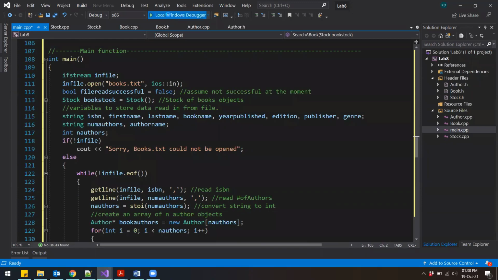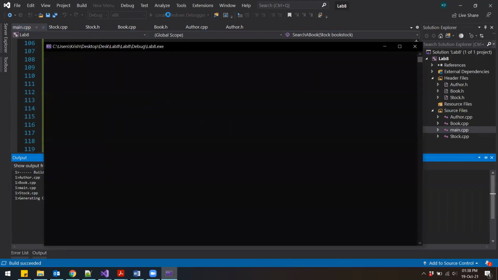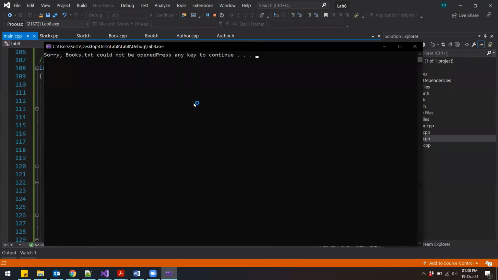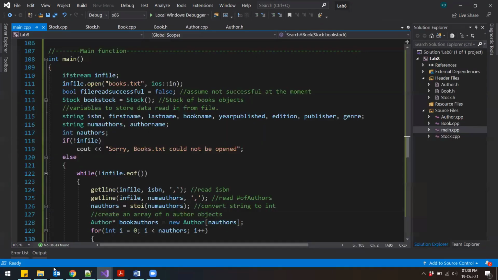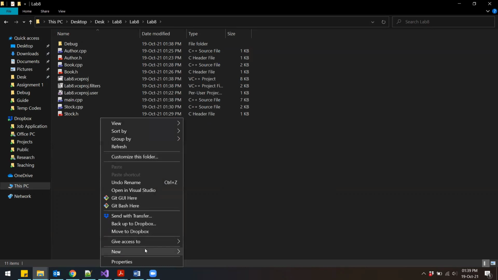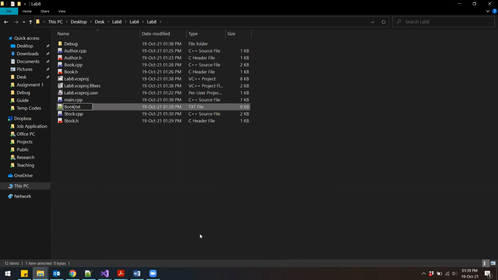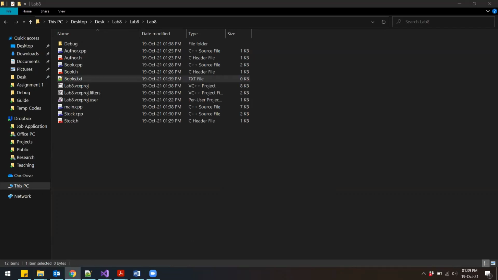Now let's see if this code compiles. We don't have this books file, so I'll just copy the books file into this code. I'll create a new file here, books.txt, and I'll copy this book content from Moodle, right?